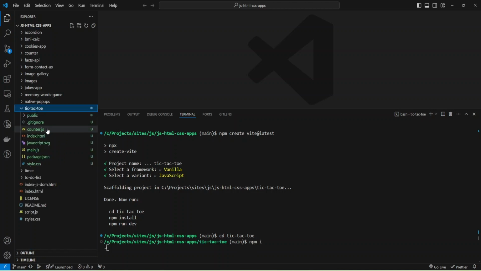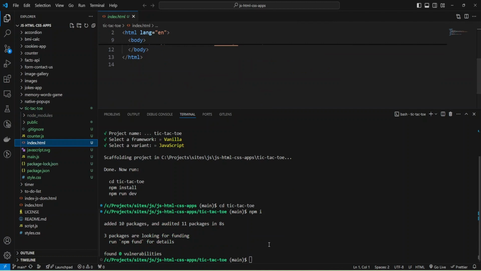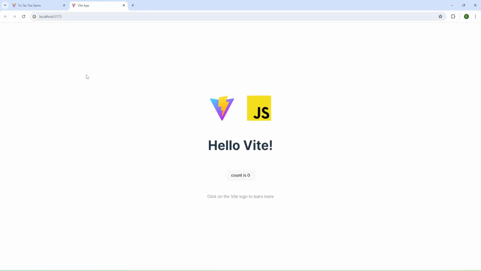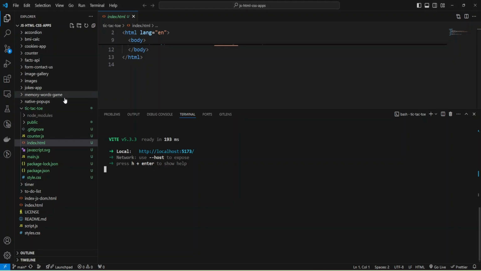And I can open my files and take a look at what we have inside. Okay, dependencies are all installed, and now I can run my dev server with the command npm run dev and open my project in the browser. I can hide it, and as you can see, we have some basic code and some counter, but I'm going to remove this code.